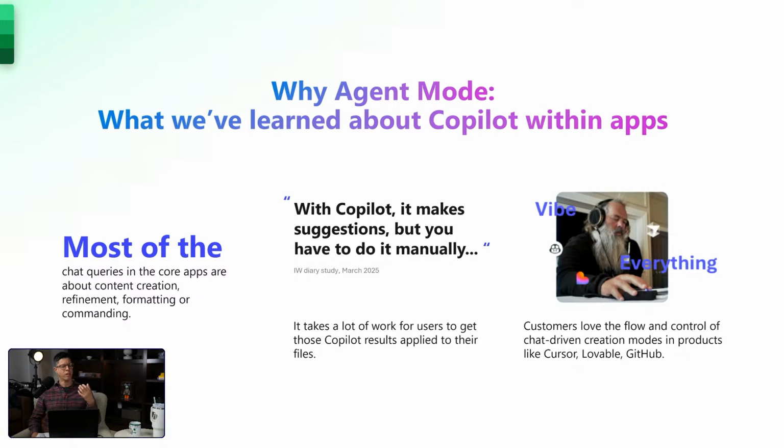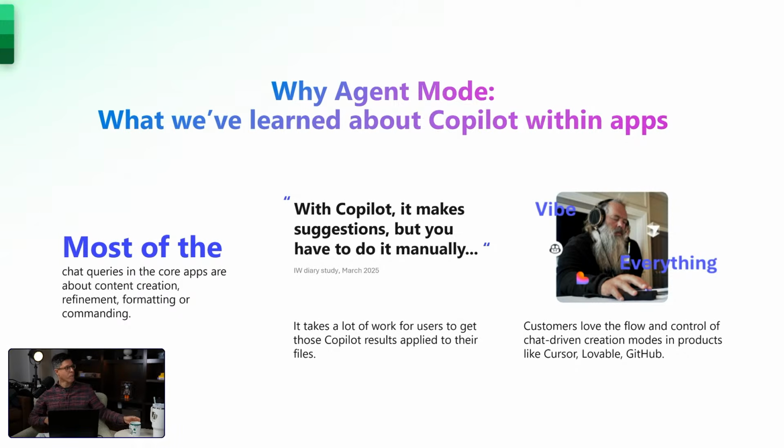Now, the thing is that several years ago, we didn't quite have the technology to fulfill that need in such a dynamic way as we do now. The technology, the models, the AI, and our understanding of how people want to use these tools have evolved to the point that we can start doing some really cool things with agent mode. The other thing that we've learned is that people appreciated that Copilot in the past explained how you might do something, and in many cases we allowed you to insert those recommendations, but it didn't do it for you. You still had to do the manual step.